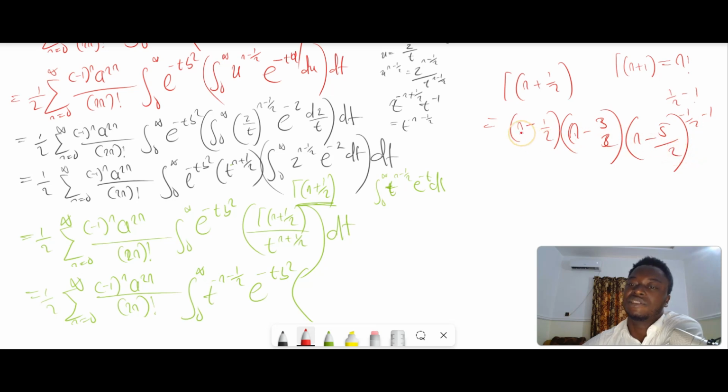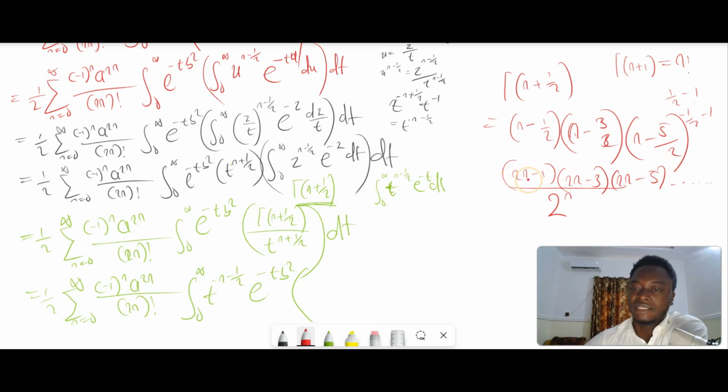If you take the product, you find out that this is going to be 2 to the power of n. At the very top, you have a 2n minus 1, a 2n minus 3, and a 2n minus 5, and then you continue, because it's going to be n times. Now again, this is more like the 2n minus 1 double factorial divided by 2 to the n. Then if you continue to simplify this, because you can express it in terms of 2n factorial, you are going to end up with